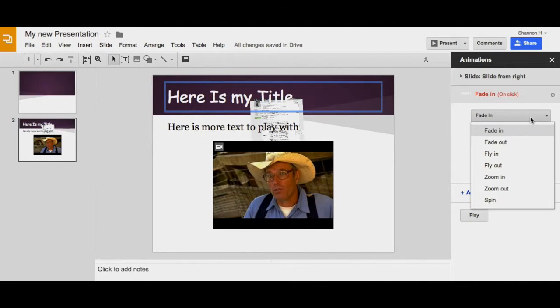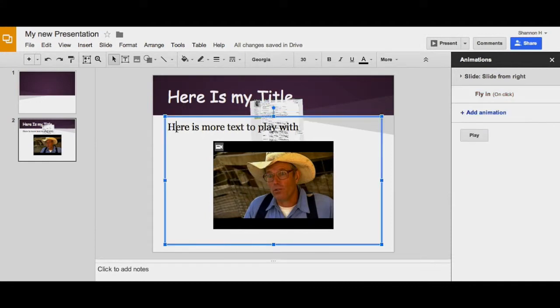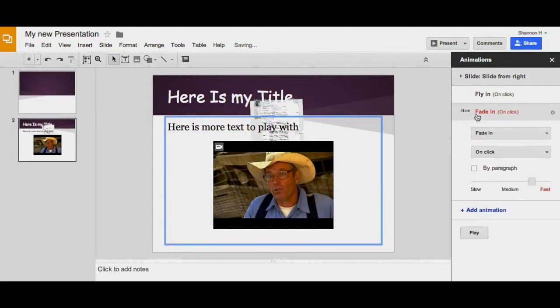Your animations are limited in Google Slides. I'm going to choose Fly In. My choices are on click, after previous, or with previous. I'm going to choose on click, and I can choose how these objects fly in, if I have them fly in by paragraph, very similar to any other presentation software. I can then click on a second object, choose to add an animation to it,